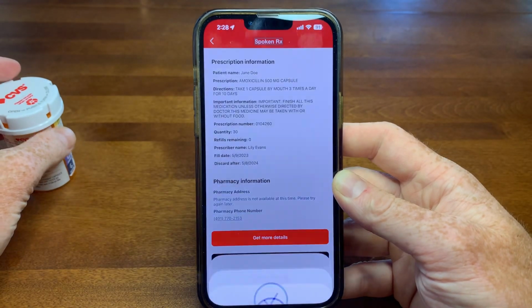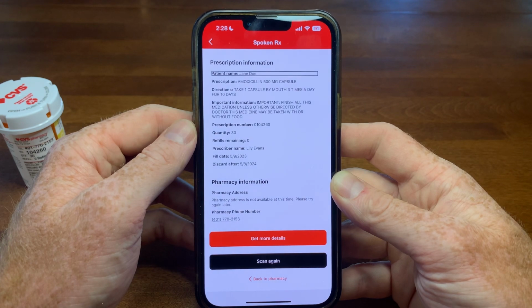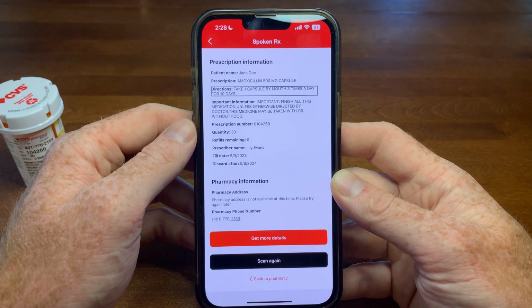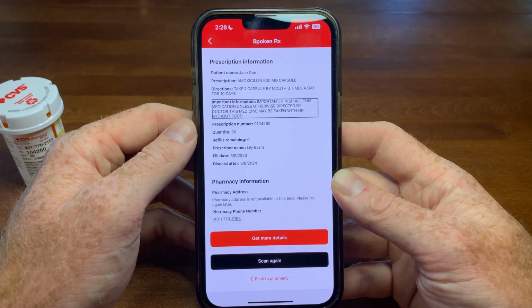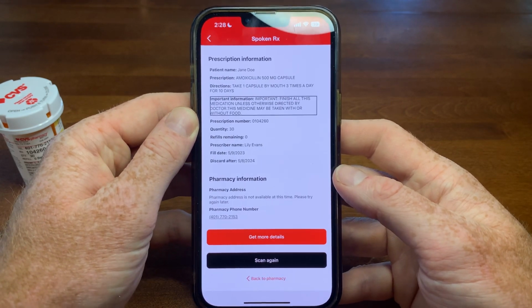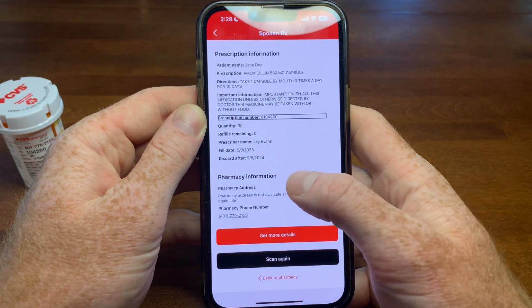SpokenRx. Heading. Prescription information. Heading. Patient name. Jane Doe. Prescription. Amoxicillin 500 mg capsule. Directions. Take 1 capsule by mouth 3 times a day for 10 days. Important information. Important. Finish all this medication unless otherwise directed by doctor. This medicine may be taken with or without food. Quantity. Prescription number